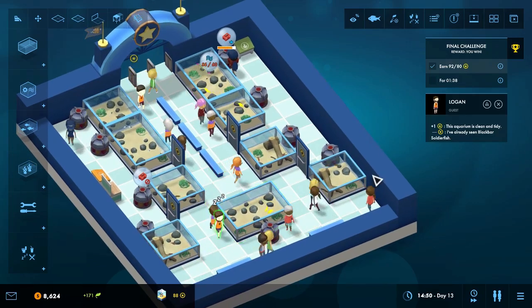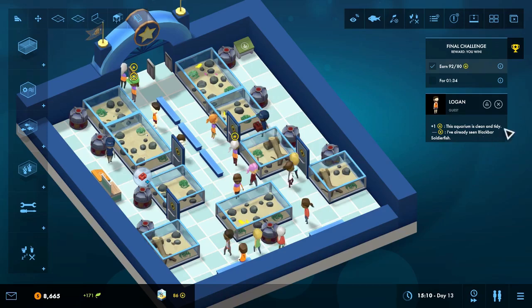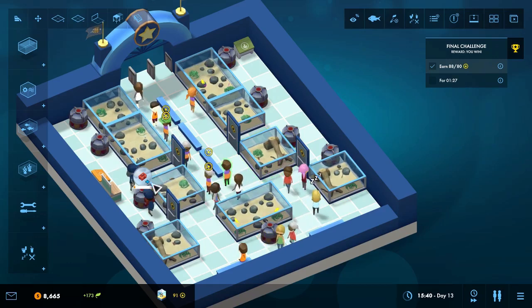This guest should go sit down. This aquarium is clean and tidy. I've already seen black bar soldier fish. Yeah, that happens. So...